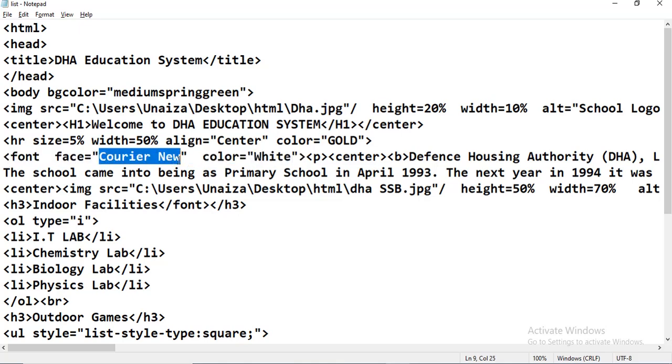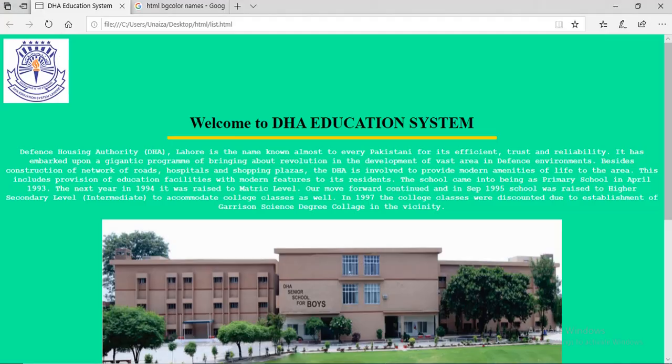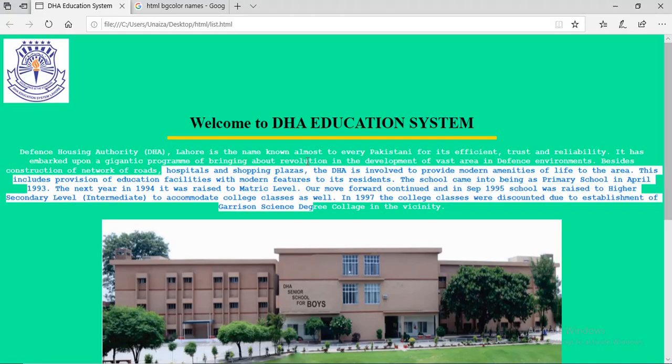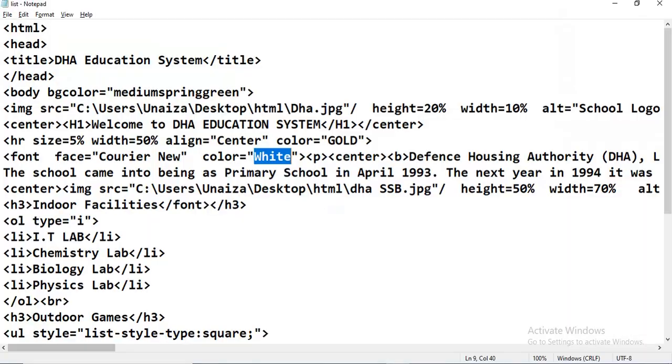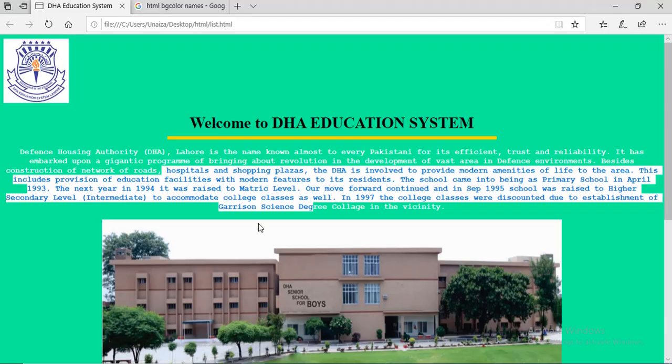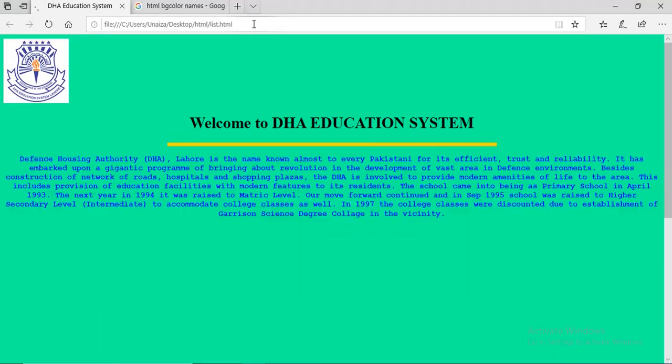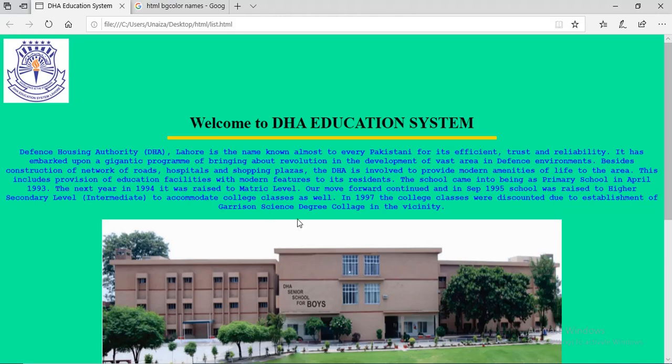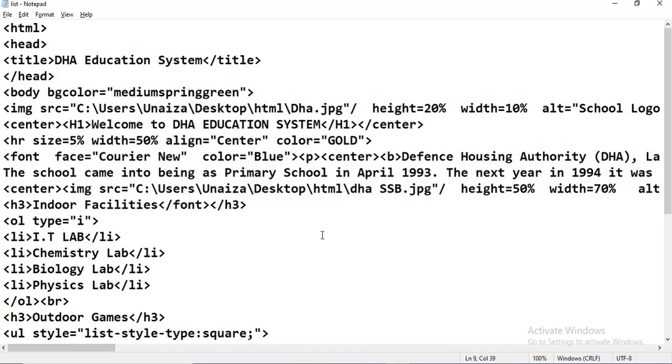This is the writing style which I adopted, and this is the color of the text which I want on my web page. It's white. We can change it, we can make it blue. It's up to you. Yes, it is blue now. So you can keep on experimenting and check how different things work.